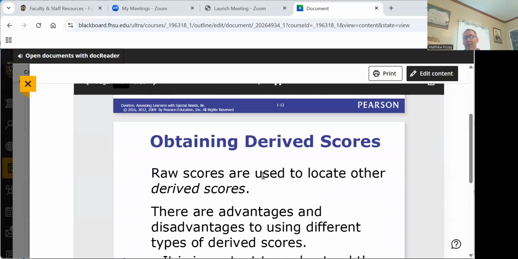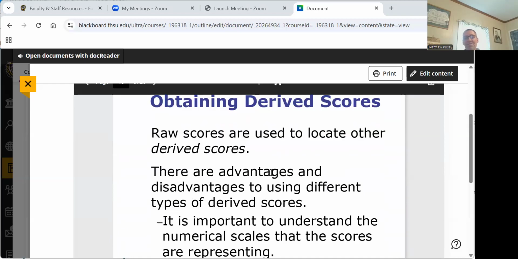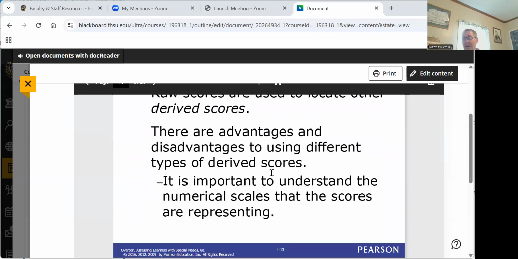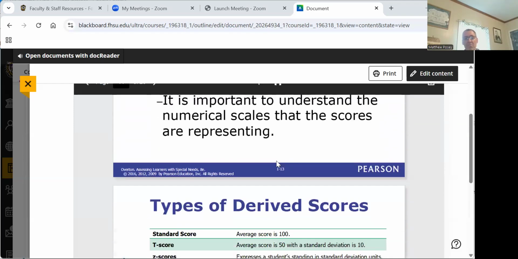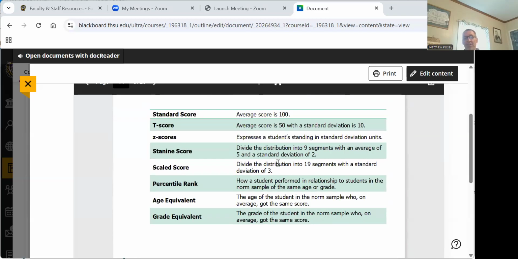Okay, we talked a little bit about the scores, raw score. I just explained that a while ago. It's the number of correct answers they get out of that set. So 15 out of 20, that's the raw score. Then we have others. If you remember, last week, I talked about each one of these and the ones that you're more likely to see on a given report. Okay. You're going to for sure see